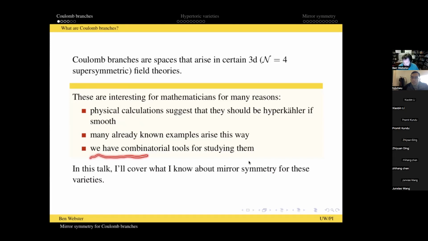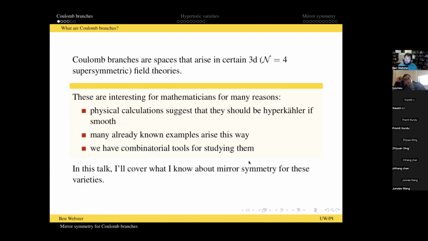And part of how we learn that is that Coulomb branches are, surprisingly enough, more combinatorial than Higgs branches, which I'll talk about in a moment, which is a more established way of getting hyperkähler manifolds out of these theories. Those are hyperkähler quotients, the main construction that people use to construct examples of hyperkähler manifolds. And those are very nice; we've been studying them for a long time. And then these Coulomb branches came along and said, well, actually, we're as important as the Higgs branches, and in some ways we're easier to study.